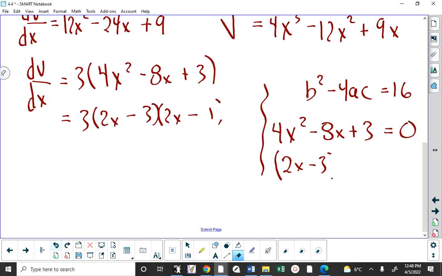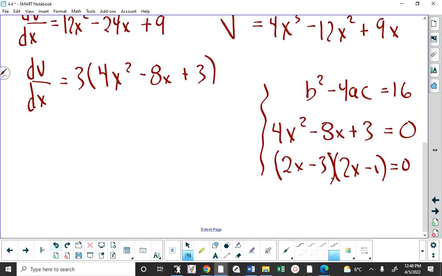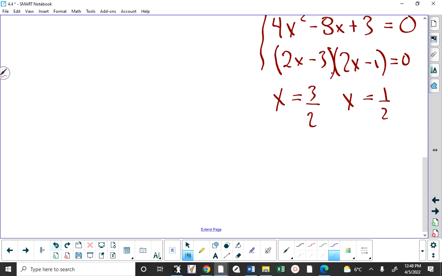And then 2x minus 1. So x equals 3 over 2. x equals 1 over 2. So the two mathematical solutions are x equals 1.5